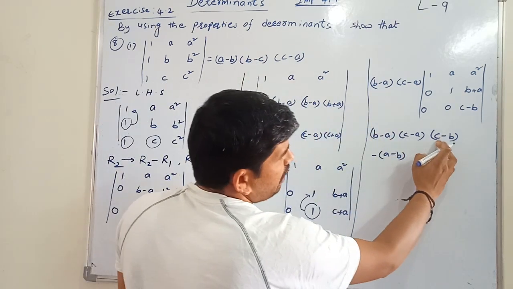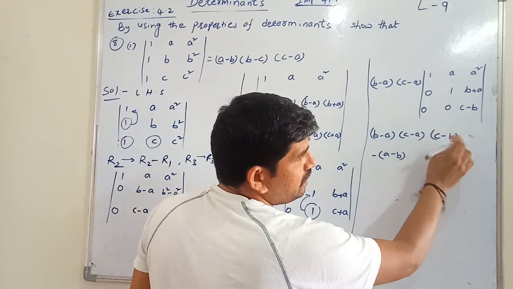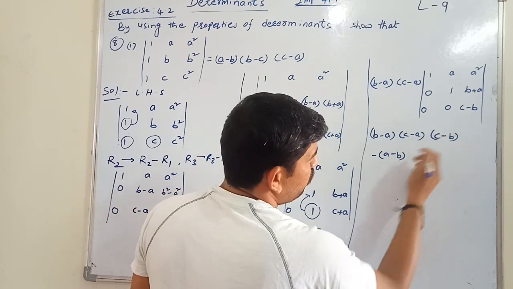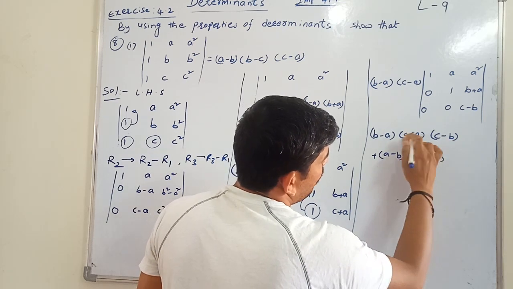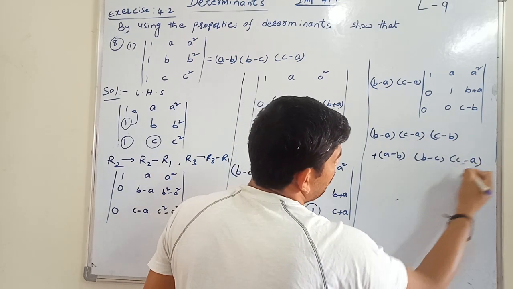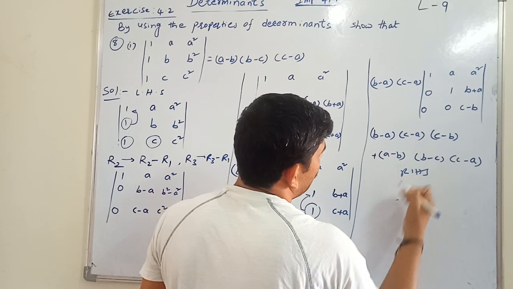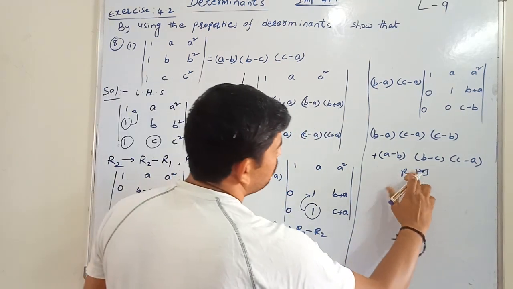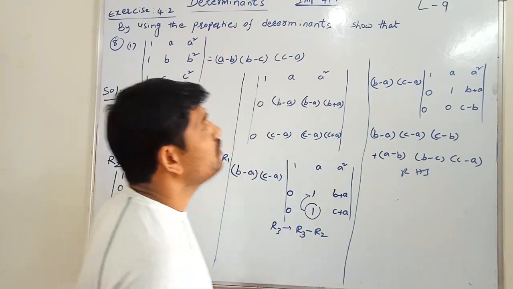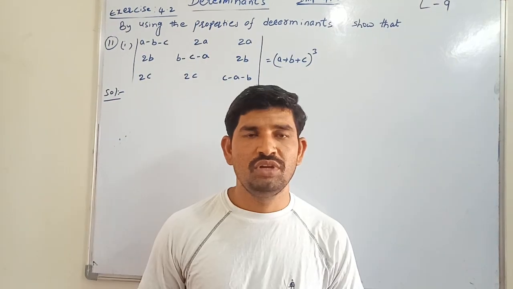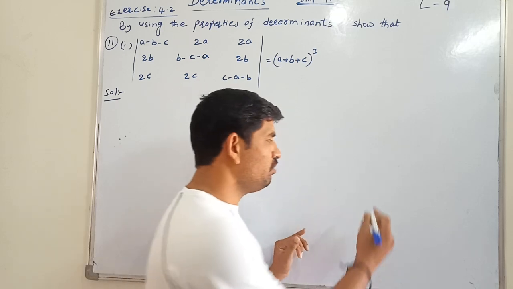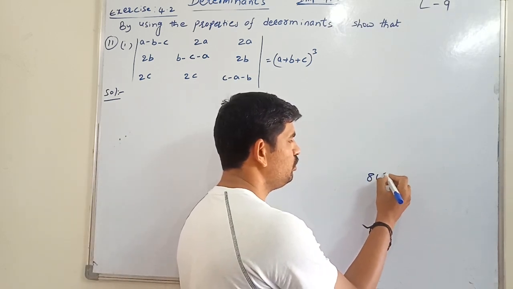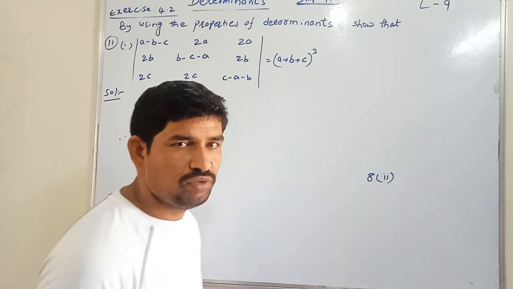After that, what? B minus C. Here having what? C minus B. Again we are changing the places. So here we get again minus and minus, plus. C minus B, it is B minus C. Already having C minus A. See the RHS, whether it is the RHS or not. Yes, this is the RHS. We can continue to the next question. So we have completed question number 8, bit number 1. You people complete the 8th question, bit number 2. Okay, that is a very simple one.